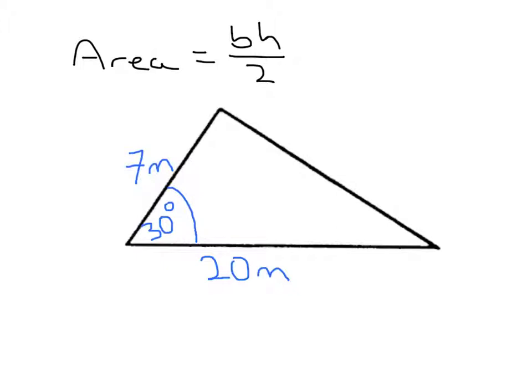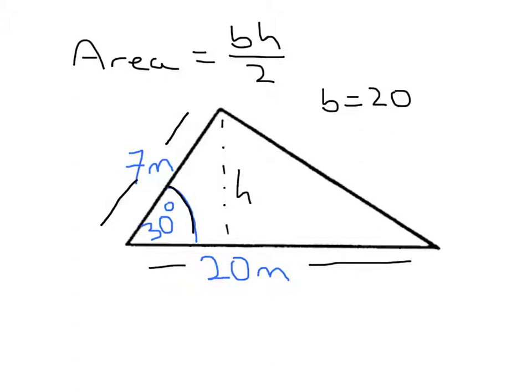So what happens when we're asked to find the area of this triangle, where we have a length, an angle and a second length here? Well, we know that B is 20 meters in this one, so we can say that B equals 20, but we don't have the height of the triangle. And this is where our sine rule comes in, because what we can do is we can make this triangle here